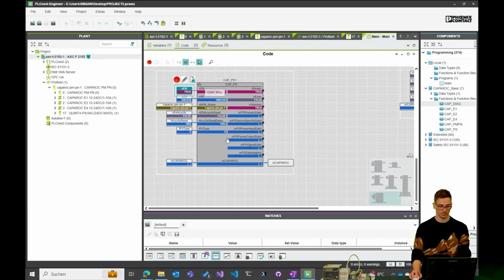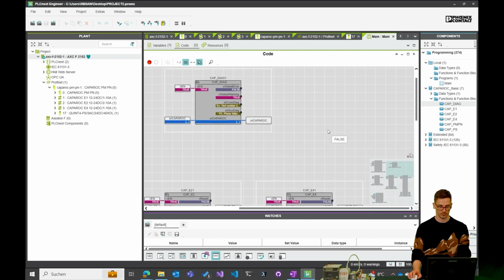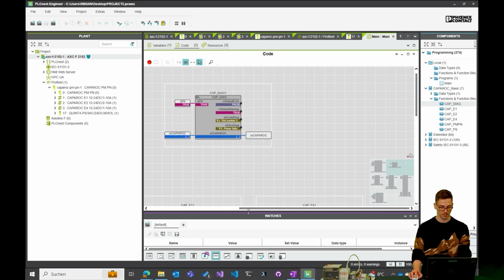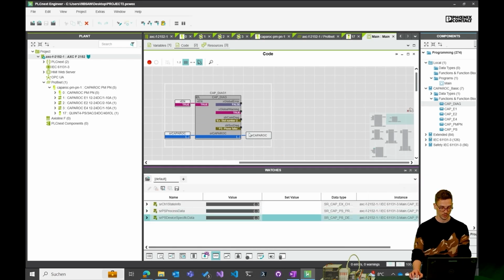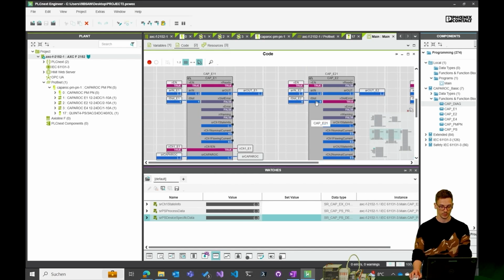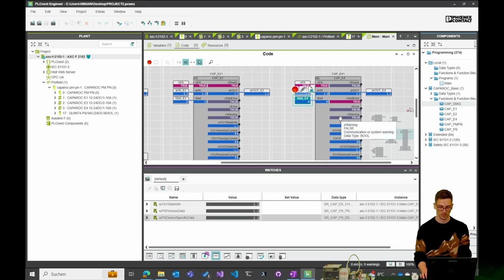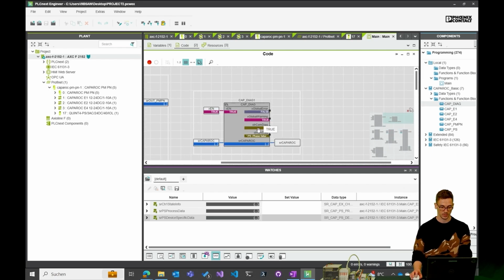Enable. Here's a warning. You can already see, I can put it also here in the watch window. You can see here two identical slot numbers. So it detected it. So it's 2 here, and it's 3 for the E4. So you can see in the cap diag, there's no error anymore.